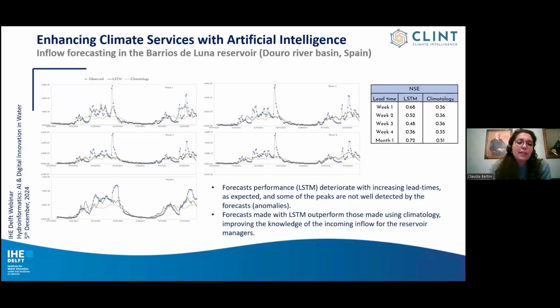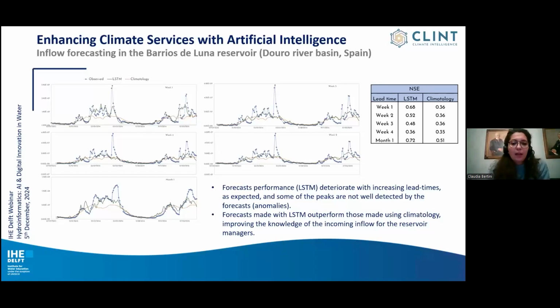Also, of course, when going ahead with the lead times, the forecasts are getting worse, but this was to be expected because the quality of the meteorological forecast has the same characteristics. But if we look at the monthly lead time, the monthly aggregation, we actually have a way higher improvement with